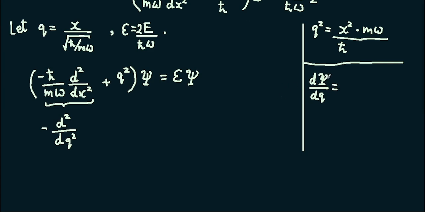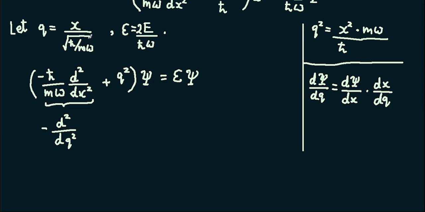Now ψ is a function of x and not as a function of q, so we'll have to use the chain rule. So this can be written as dψ/dx into dx/dq. Now in this equation over here,